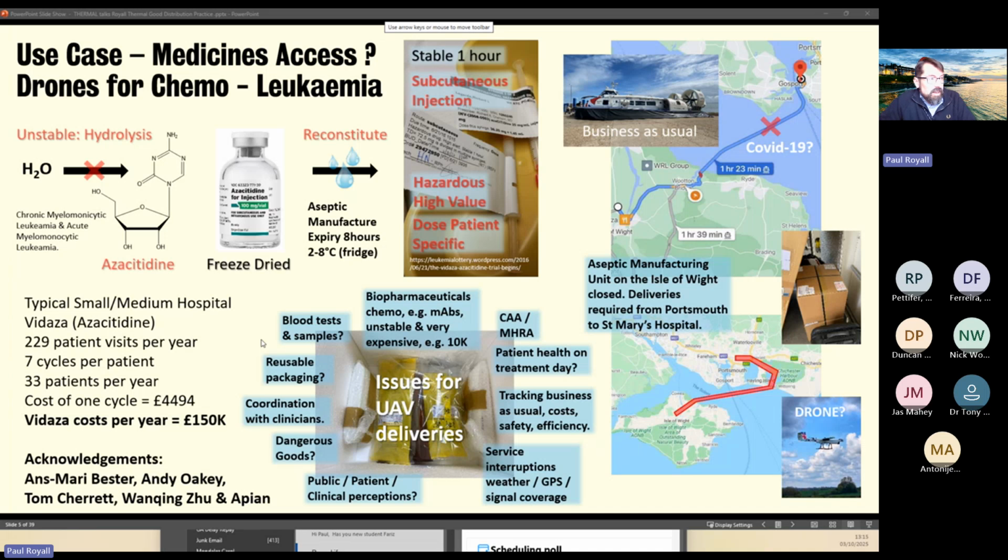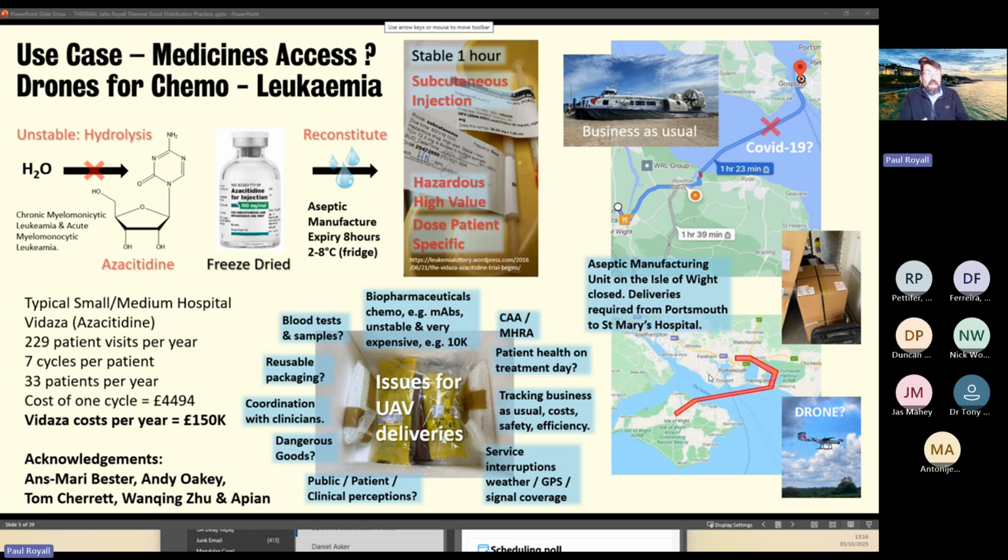This is just a final slide. I hinted at it earlier on, looking at the impact of extended logistical pathways. This worked until COVID, then there were issues around COVID, but also on the Isle of Wight we have an aged population, with higher frequencies of cancer. So St Mary's Hospital used to make up these IV or subcutaneous injections, the infusion bags or the syringes